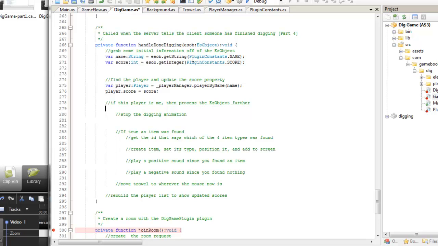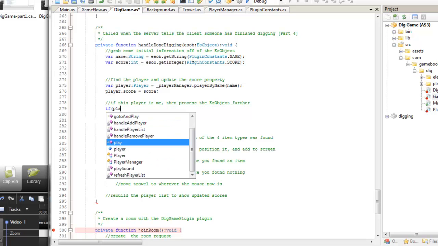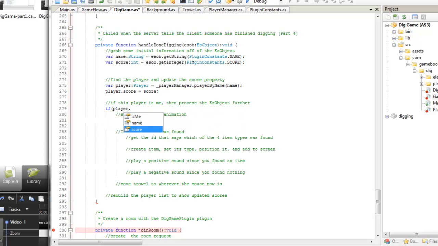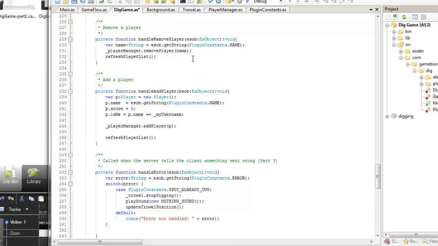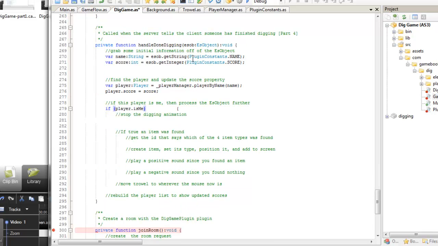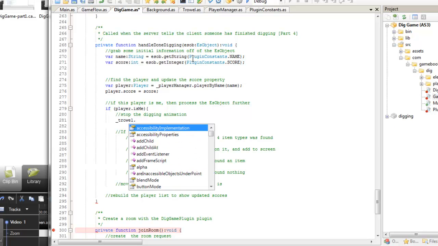Now this updates the score for the players. And then we test to see if this client who received this message is actually that player. So we go if player dot is me, if this was in fact the player, we would stop the travel animation,